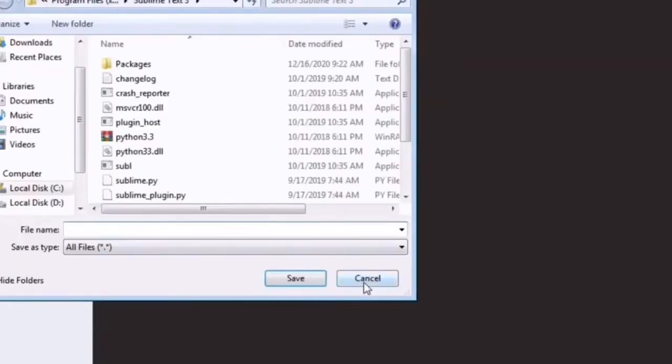So now we will open our Sublime Text. We will save the file.